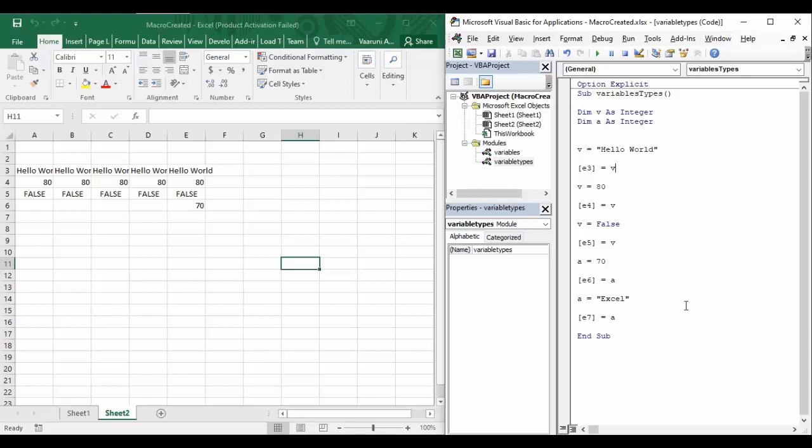Or wherever you have written some piece of code but that code is giving some kind of error, you can write comments over there to make sure that those pieces of code are omitted from the compiler. Suppose right now I have declared dim v as an integer value, and I have executed these statements where the value of v is a string, but I do not want to execute them. So what I do is I write a comment on it, or I can comment this line. So in Visual Basic, how can we comment it?